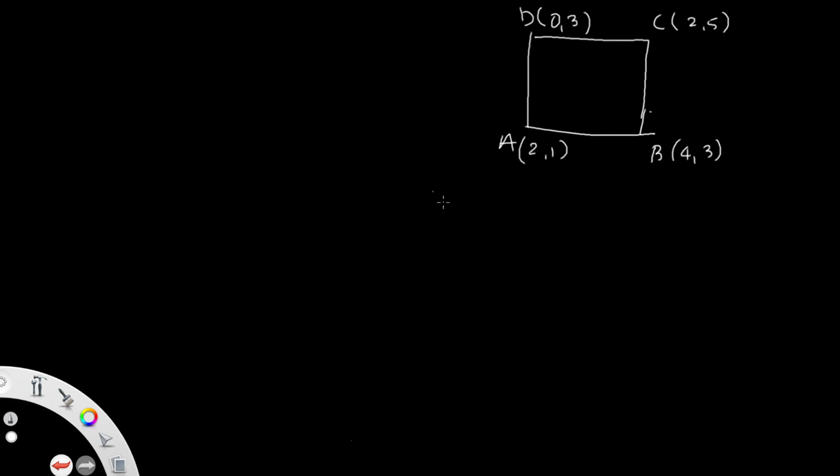So first draw the figure of A, B and then C and D. That is the points given. What is the value given for A? A is nothing but 2 plus I, that is 2 comma 1. Next one is 4 plus 3I, that is 4 comma 3. The third point is given as 2 plus 5I, that is 2 comma 5. The last point is only 3I. 3I means the real part is not there, so put it as 0, and write 3 for the imaginary part.